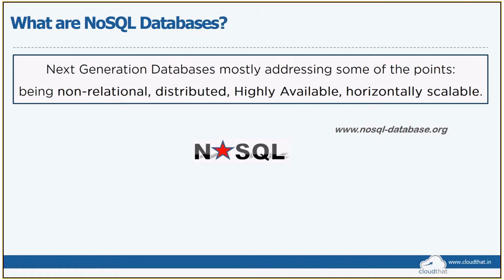That brings us to what are NoSQL databases. If you look at NoSQL databases, they're all distributed, non-relational, highly available, and horizontally scalable databases. And the definition, I've taken it from NoSQLdatabase.org itself. Now when somebody says NoSQL, because the terminology looks like SQL is something higher and this is NoSQL, the expansion would be not only SQL, it is something more than SQL. So along with the SQL principles that you have, you also have to know a little more of NoSQL principles to be able to actually design a NoSQL database in a really good fashion.